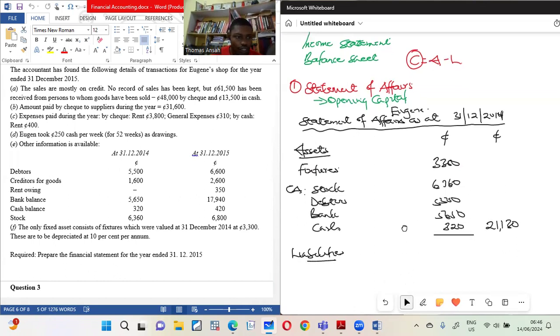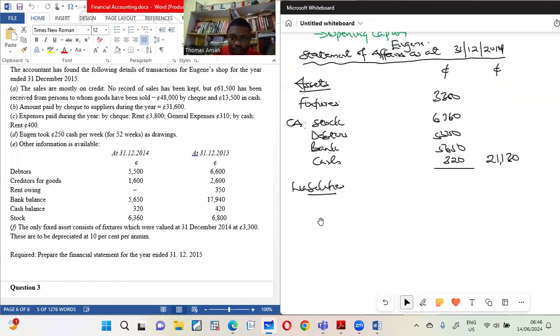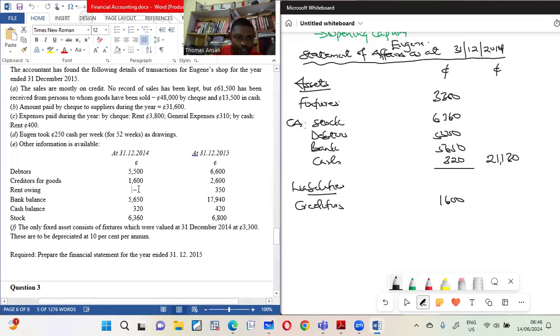And the liabilities, I see creditors here. So creditors, which is also called trade payables, is 1,006. Then I also see rent owings, but there is nothing in here. So basically, that is the only thing that we are deducting, right? So minus 1,006. And this gives me